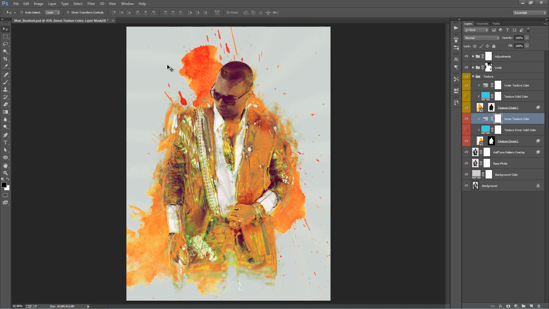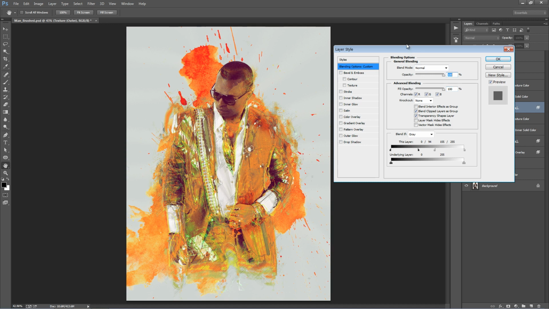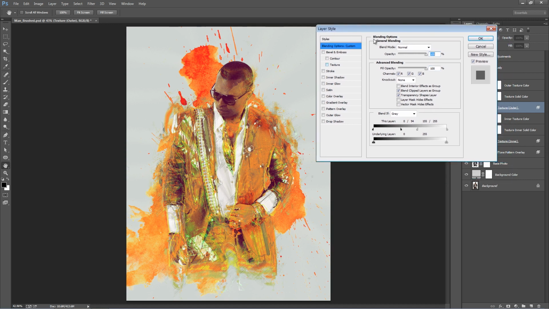Okay, so you're probably wondering how I got rid of the white from the texture, and this is an important thing to know, because the same technique will be applied when importing a texture with a black background. So what you want to do, we have our texture outer layer here. If you double click on this, in this layer style window, just down the bottom here, these handles here, if you hold down Alt or Option on a Mac and drag them around, what it would do